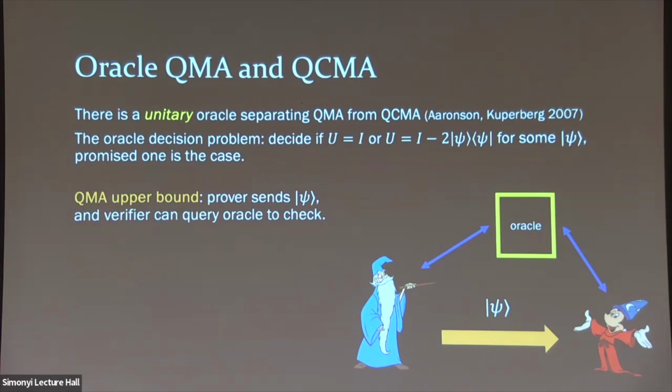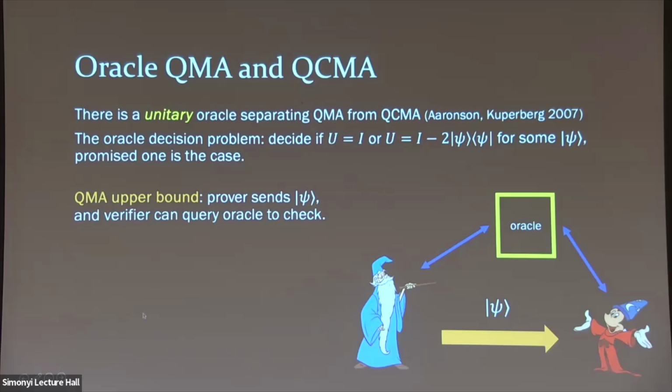decision problem about unitary oracles. So here the oracle is some unitary matrix. It's some transformation that a quantum computer can apply. And you're promised that either the unitary is the identity transformation, meaning that it does nothing to its input state, or it's this reflection around some state. So you can think of this as a unitary that acts as the identity, except on some specific input state, ket psi, it applies a minus sign. Okay, so it's a reflection. And you're promised when one is the case, and you just have to decide.